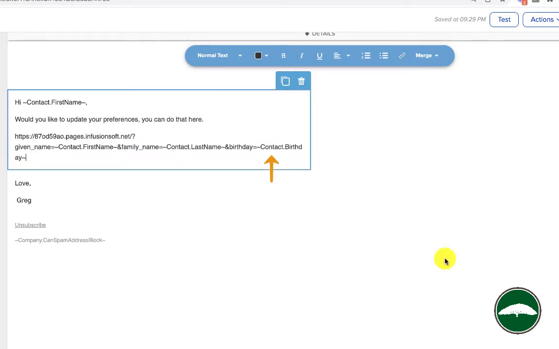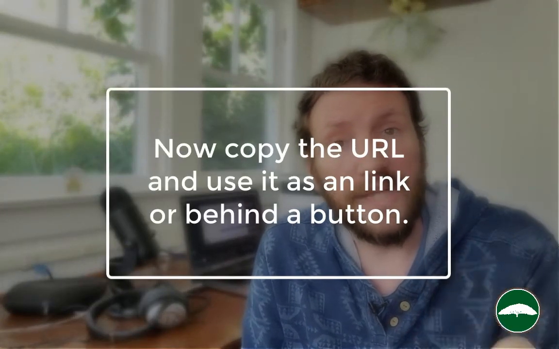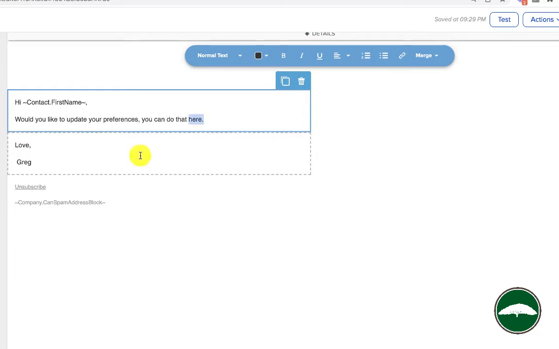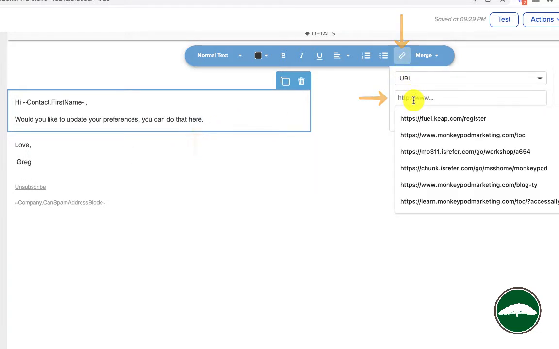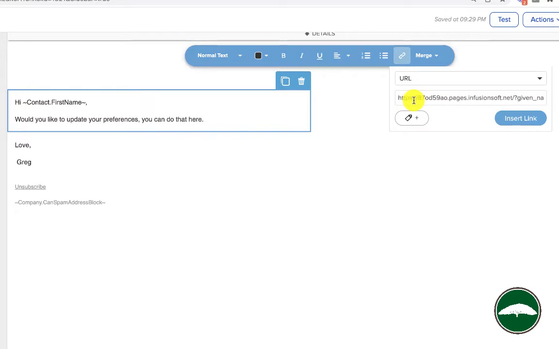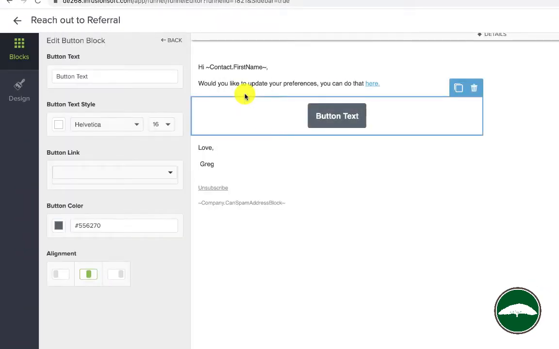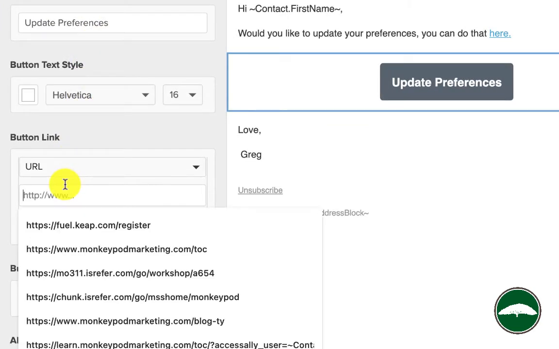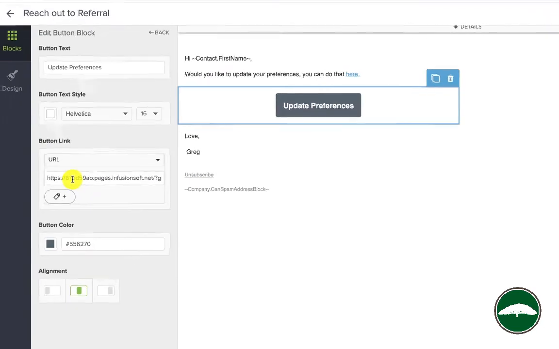And then the way that this works is you copy the new link that you've created with the merge fields in it, and you can use that as the destination URL for any link you create, or for buttons or behind images. And then as that email goes out to individuals, when they click, their information will be slotted in to personalize that query string. Their information will be passed to the resulting page that loads. And then when they submit the landing page, their information will either be updated with the new values that they put in, or anything that you've added to collect on that page will then be attached to that contact record,